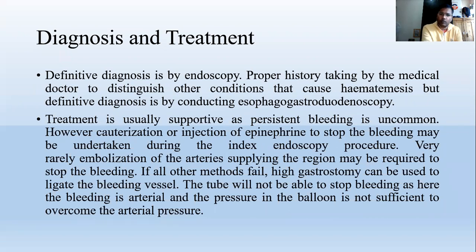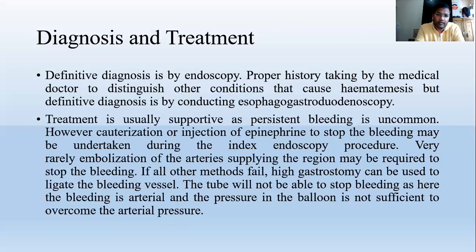Esophagogastroduodenoscopy is just an endoscopy of the esophagus, stomach and duodenum, because sometimes if blood is coming with the vomiting, you cannot say whether it is coming from the esophagus, the stomach or the duodenum. That's why it is required, because two conditions may occur simultaneously. Suppose you have a patient with hematemesis, you do the endoscopy and find a tear in the esophagus, and you come back. The patient may have a tear in the stomach also, or in the duodenum also.